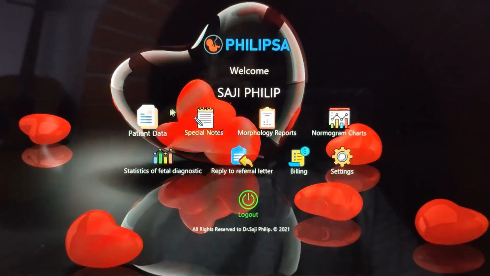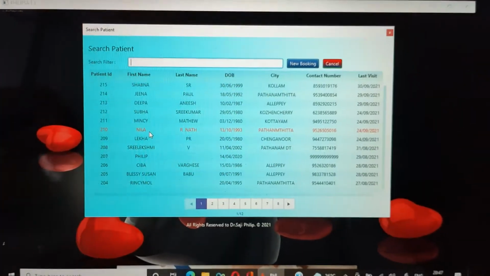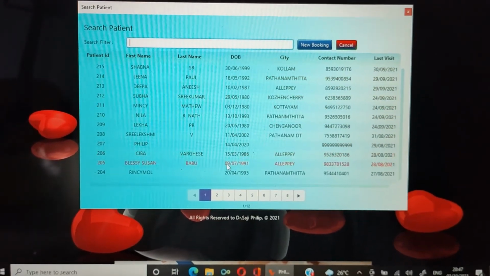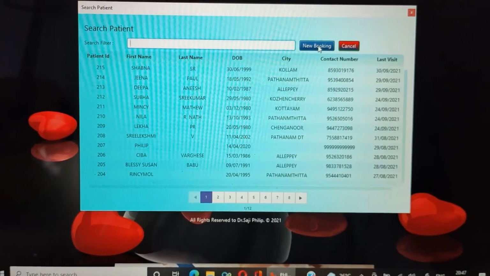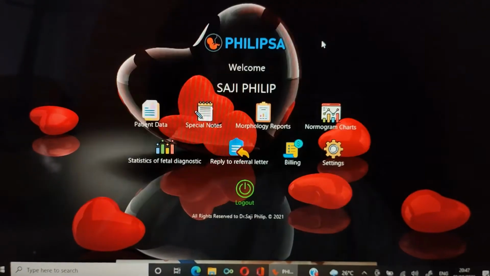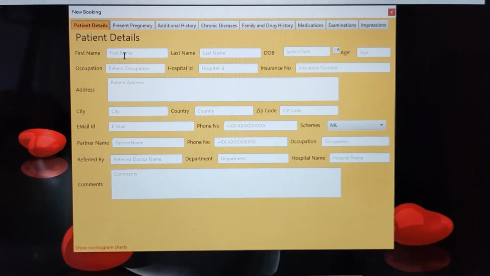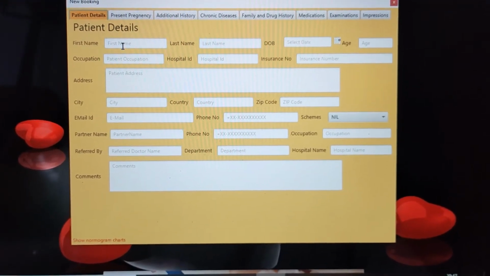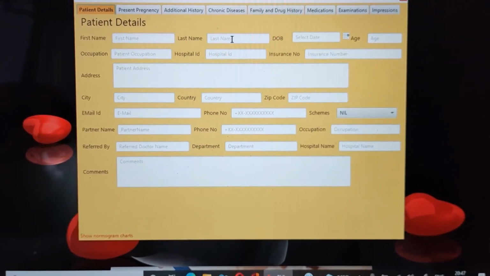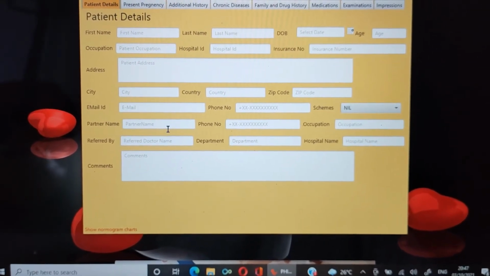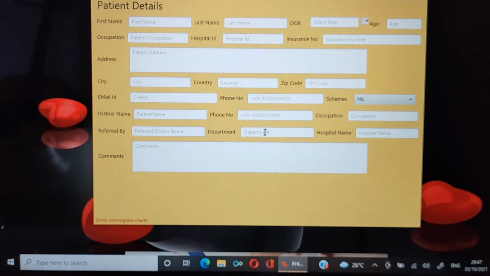So now I will go into the patient data. This is the patient data. Whatever you are doing, all will come here. And this is the new booking. In the new booking, you have a name, and everything you can type here: occupation, address, city, PIN code, partner's name, occupation, phone number.